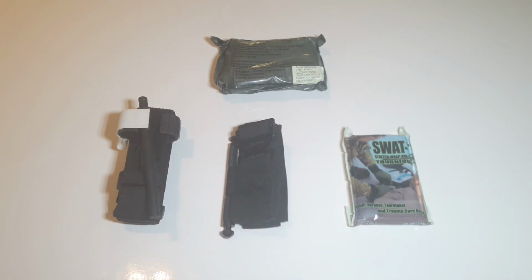If I could choose only one, I would go for the SOF-T Wide, but everyone's needs are different. Honestly, I don't think you can go wrong with any one of these, but the CAT and the SOF-T are definitely easiest to use. If you have a family, you may actually want to have more than one in case,